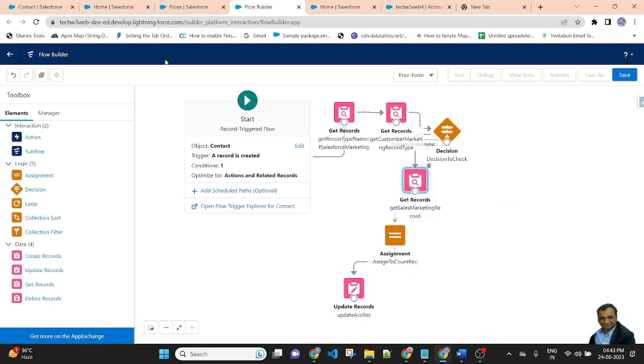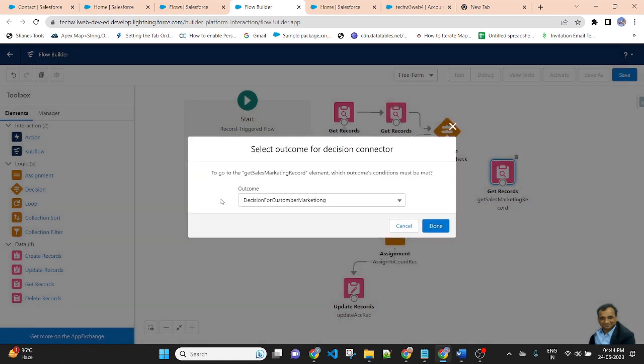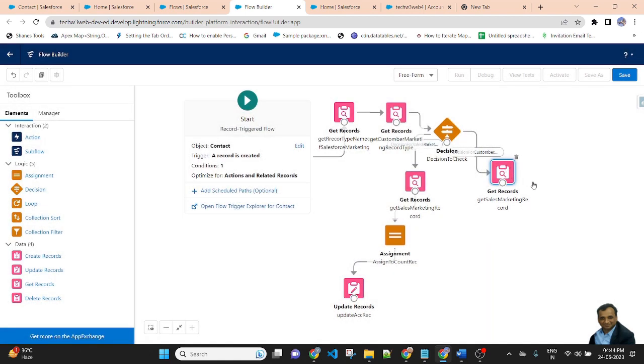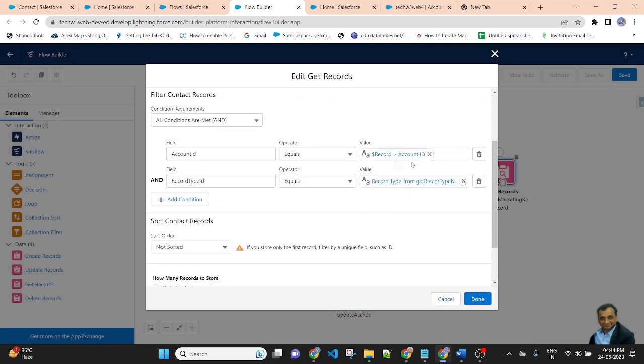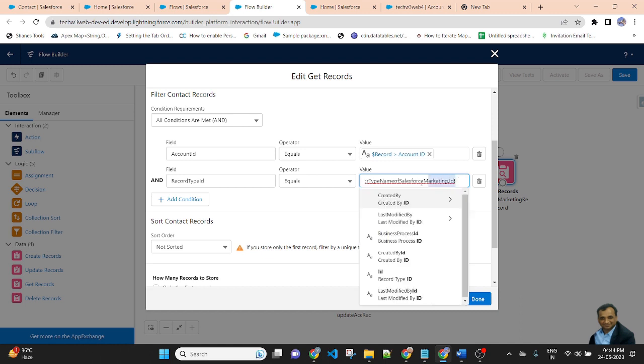So simply copy, duplicate from here, match the arrow. This decision for customer marketing is done, and here we will update the account ID and record type equal to, and we will change the record ID for customer marketing. This is sales marketing; here I will change it to customer marketing.